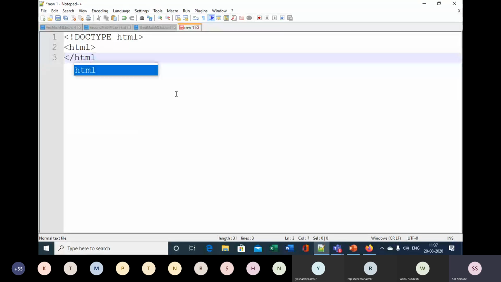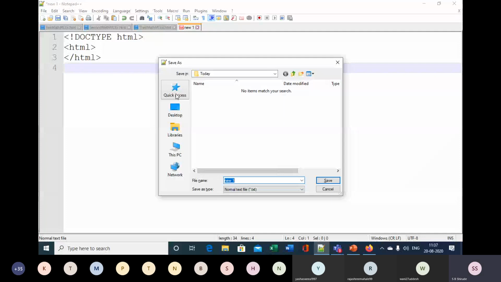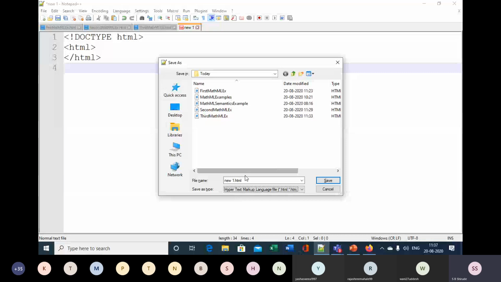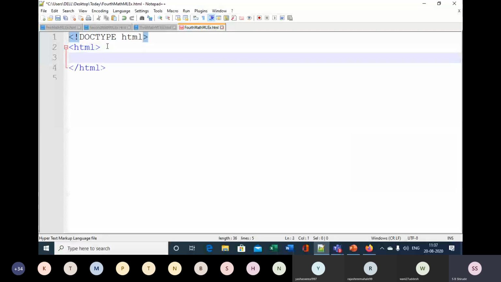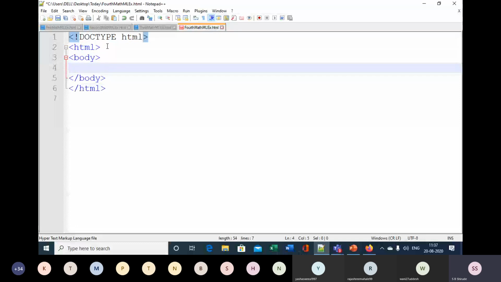So hypertext, and this is the MathML example. Then insert body, and in body insert math. In math I want to insert x is equal to that complete expression.